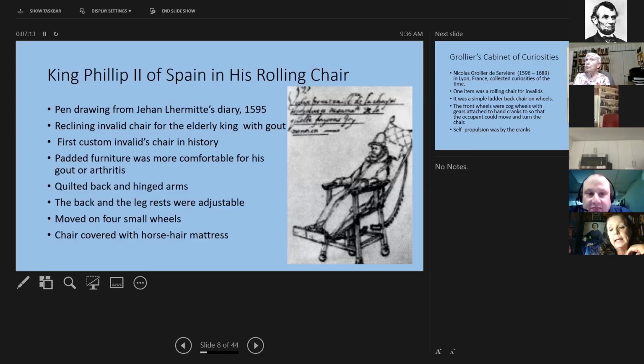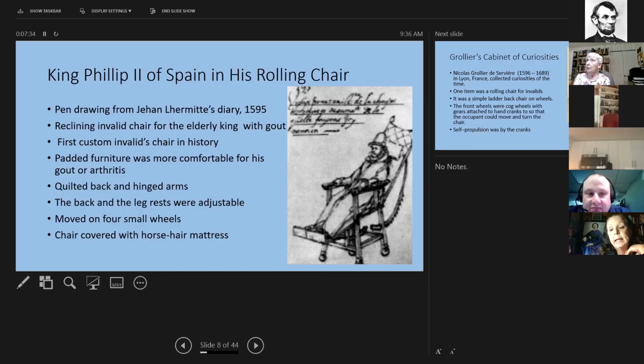As this was the custom invalid's chair in history, it had padded furniture and was more comfortable for his gout or arthritis. It had a quilted back and hinged arms.